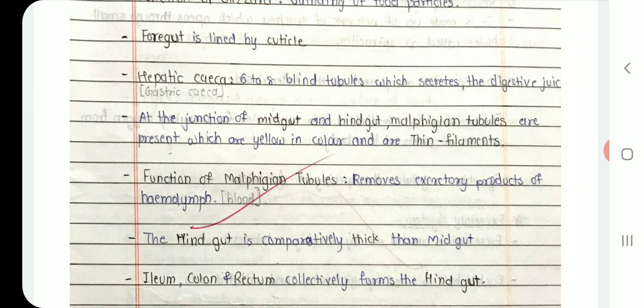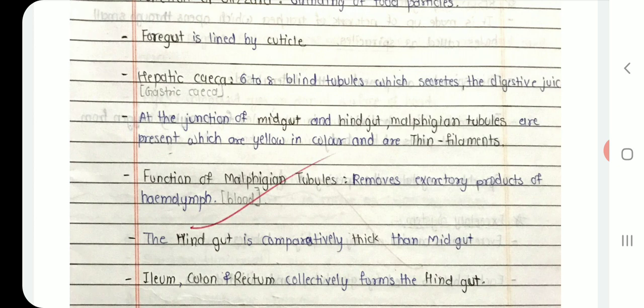Now, at the junction of the midgut and hindgut, that means where the midgut and hindgut are joining each other, there is presence of Malpighian tubules. These Malpighian tubules are yellow in color, and they are thin filamentous structures. So, if it is asked what Malpighian tubules are, those are yellow and thin filaments